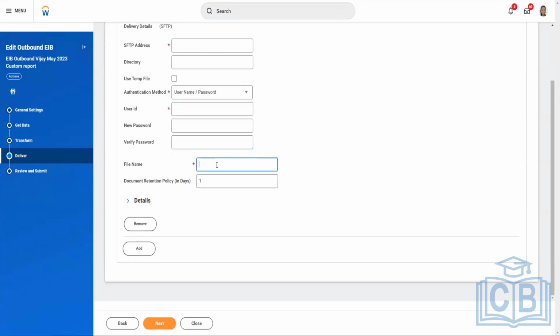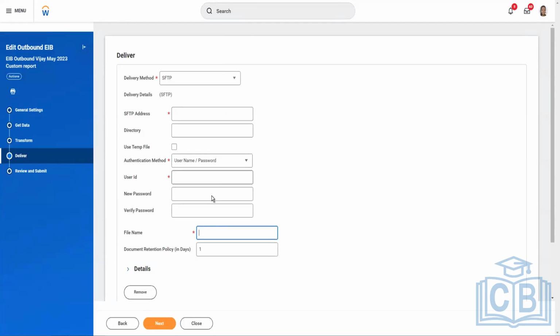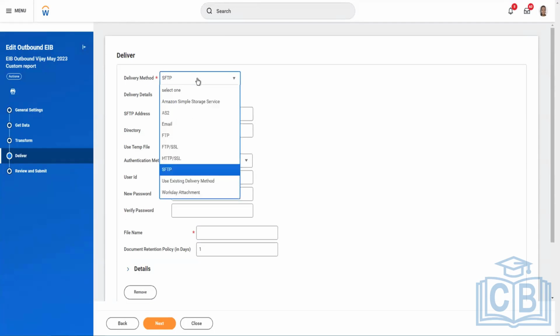File name by which it will be delivered, your file name. So all these things come in the delivery, but since we do not have any customer's test SFTPs and also we will not be doing that, we'll be generating it. But it's easy to configure whatever details you have, depending on the type of system,